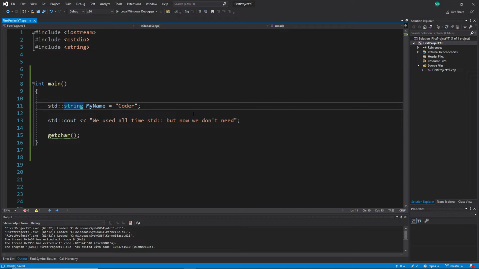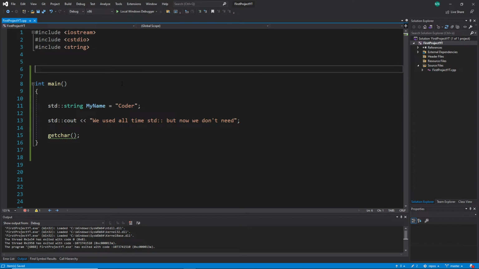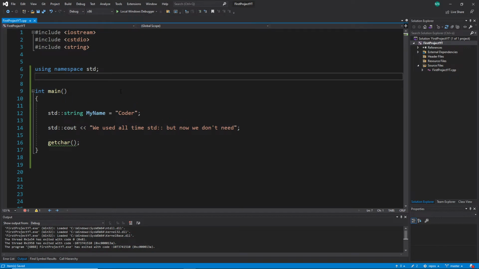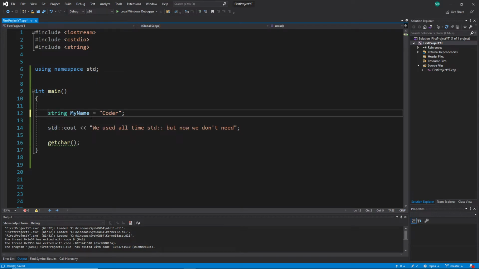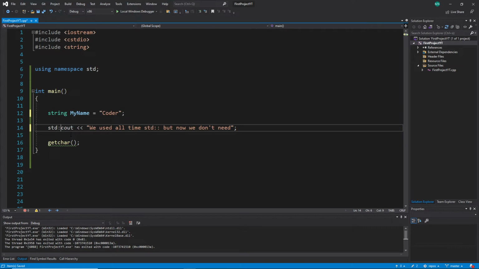But of course, as a beginner, what you should know, and you will see this many times, is that using namespace std will be used by many programmers because they don't care about conflicts at the start. Professionals will care much more, but many use this using namespace. They don't care about this kind of stuff that I talked about. And then you will see many programs look like that without this one. The only thing as a beginner you should realize is you should of course identify this one and say, okay, they're using